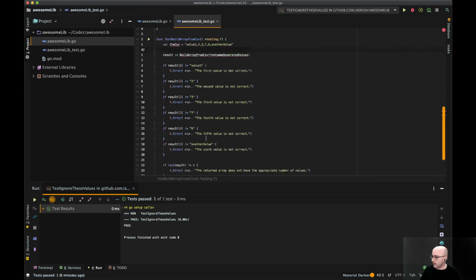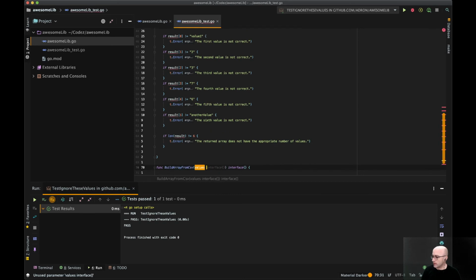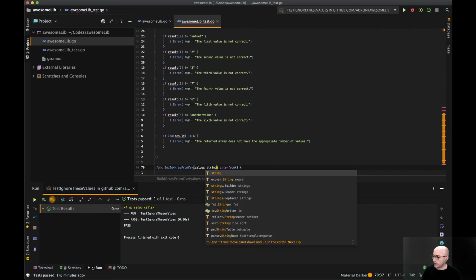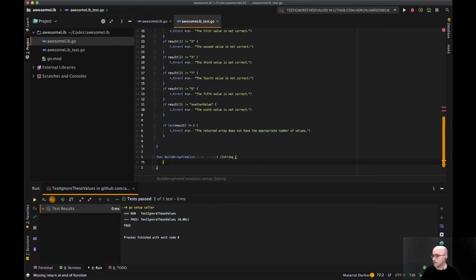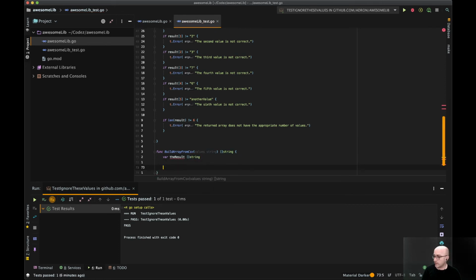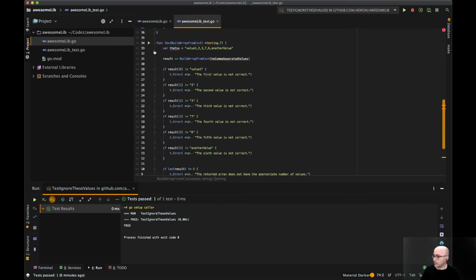Okay, so we got all that in there. Now I'm going to implement this create function. And it has this, which is going to be a string. And then we're going to return a string array, array of strings. So let's create a var, and we'll call it the result for now. Just to get a bunch of broken stuff and to get a successful build so we can do TDD or whatever. And we'll just return the result. Okay, there we go. So let's run this test and see it blow up a bunch.